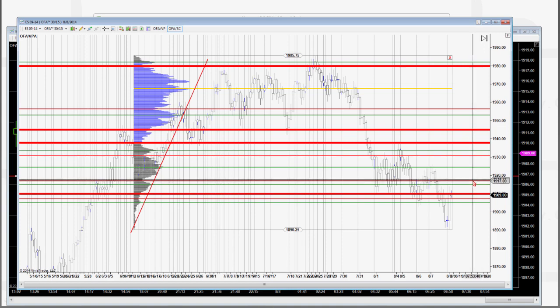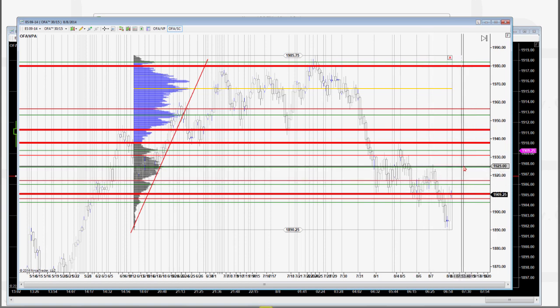If we struggle at this 17 level and start moving down, what I'm looking for this morning is acceptance around this 14, 15 level. After the open, if price moves up and we start getting volume and VPOC between 14 and 15, with heavy volume around there, then this tells me the market is auctioning relatively normally, and I can expect a test of 17, possibly back up to